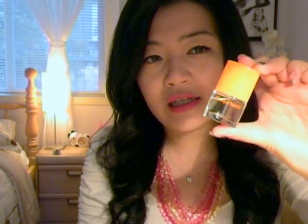I find this is really appropriate for everyday wear, and it's quite light, so you won't get an overwhelming scent of this. I think this is good for places where there's lots of people, and of course other people will be wearing perfumes as well. If you have this on and you mix with other people, it's not going to create this huge overwhelming stink, because sometimes when you have too many perfumes together, it just gets really gross. The next one I have is by Givenchy, and this is absolutely